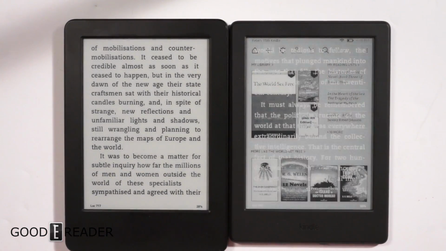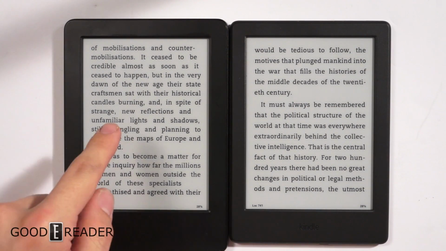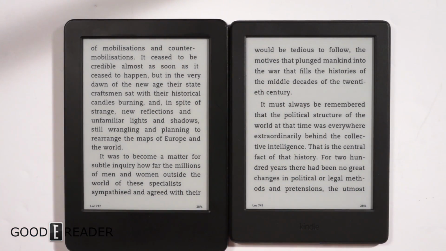We're going to look at a book real quick. Open both of these. They both started up exactly the same. This one was faster because I tapped it faster. This is the reading experience on both of these. We're not going to show you how a Kindle works, we've done that a million times. If you do want to see how a Kindle works in its full entirety, please go to